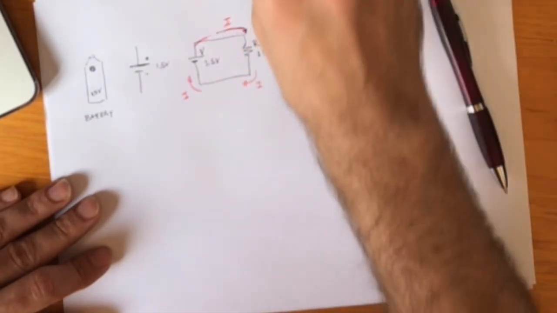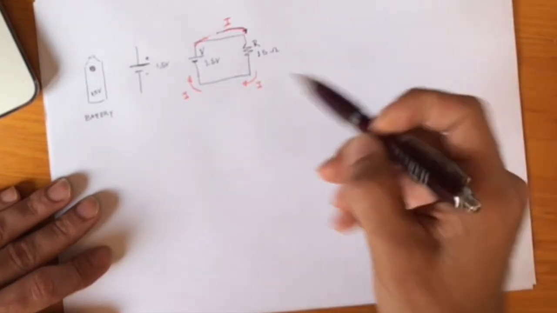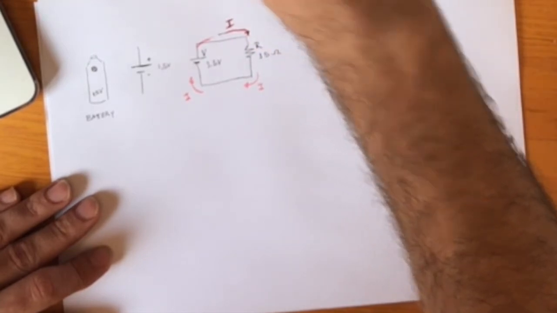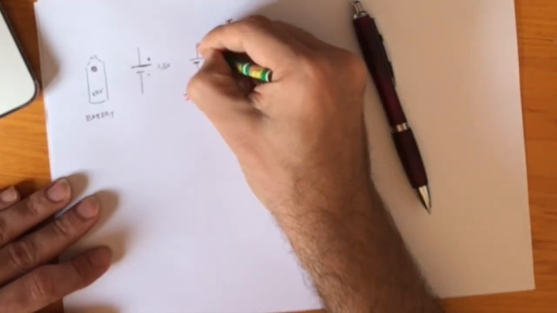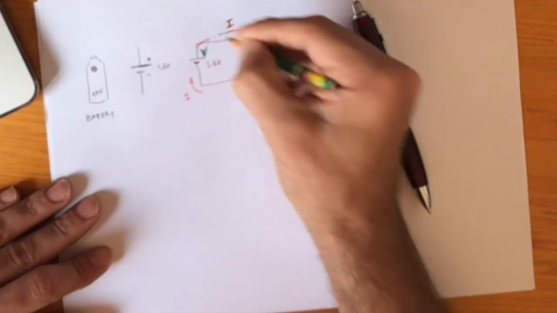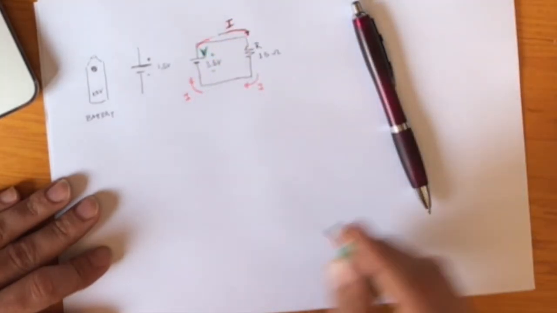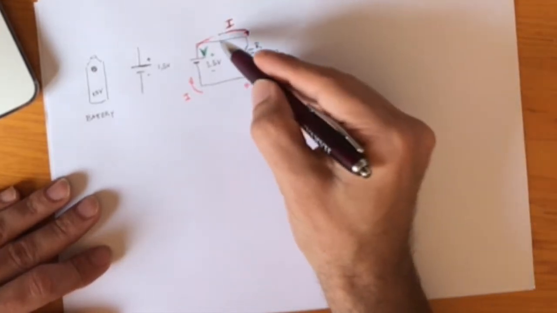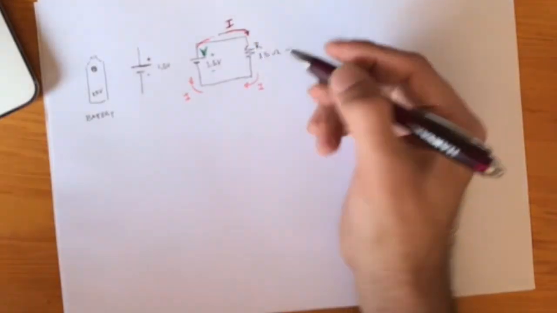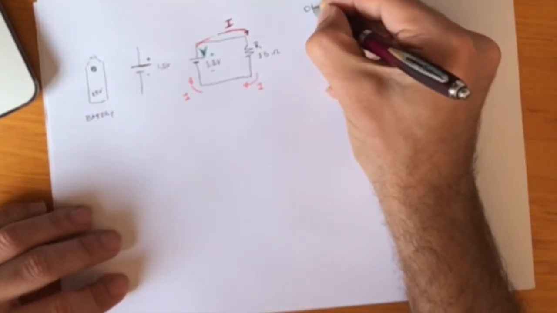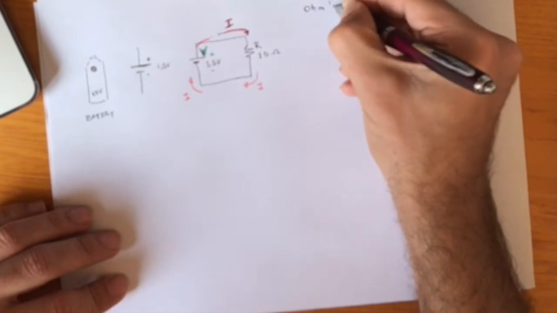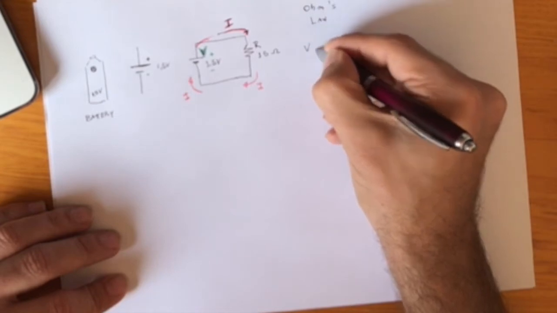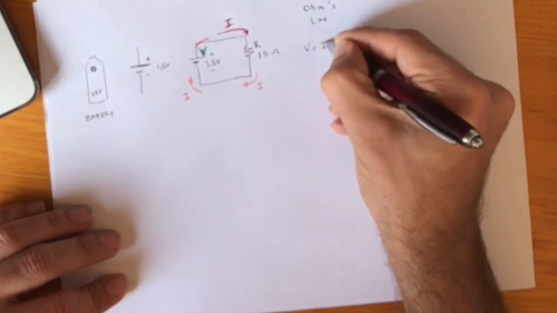So if we start thinking about this, there should be some way to relate this I, this V, that we know that is here, and somehow there should be a relationship between them. And for that is that we have Ohm's law, that it tells us that there's this very simple equation